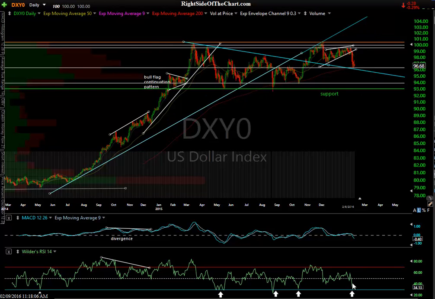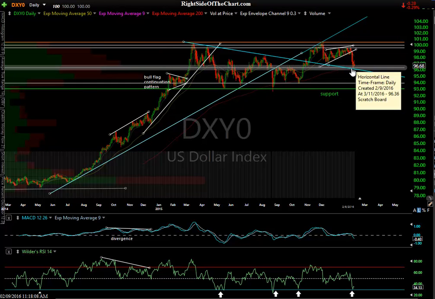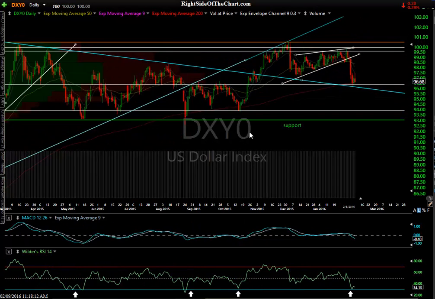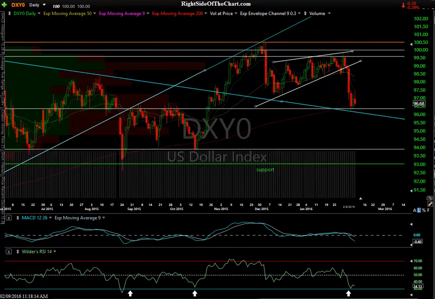So currently at support, dual levels of support, and I'm looking for at least a little bounce. Now, one thing giving me pause here is this recent consolidation action. Now we hit that support level, and we've actually had a couple daily candlesticks off it already. And this to me looks a lot like a possible bear flag pattern because you have that move down and a consolidation. So if this is flagging action and we do break this support, this is something you need to